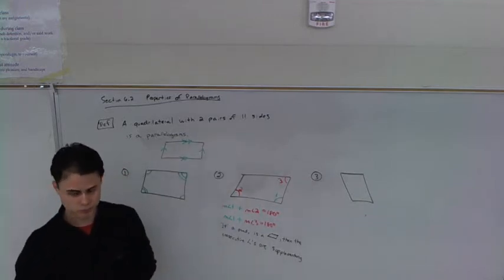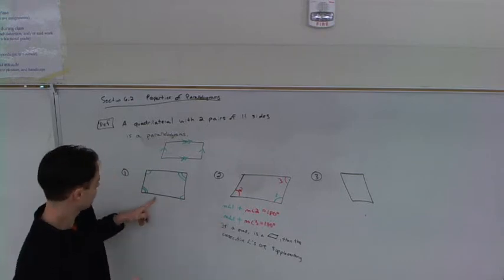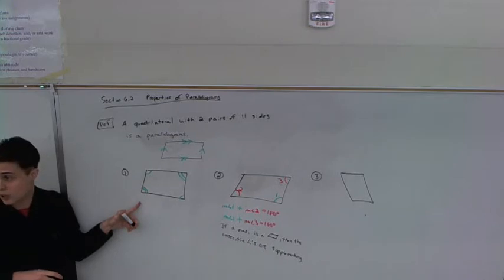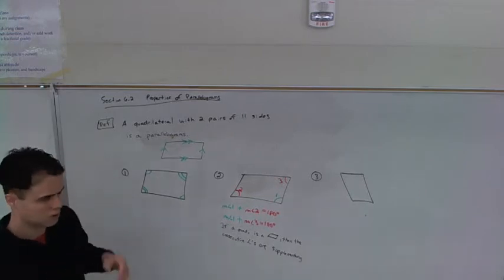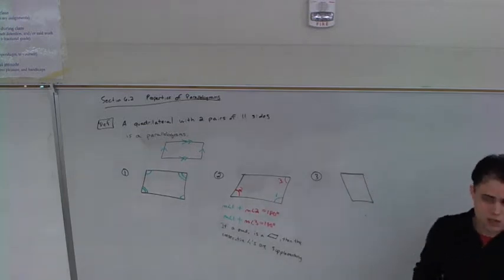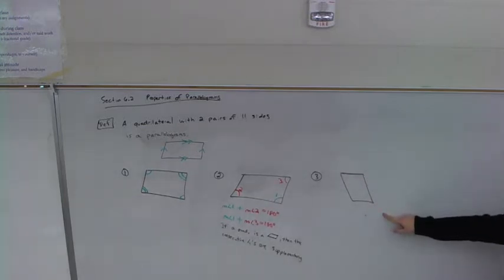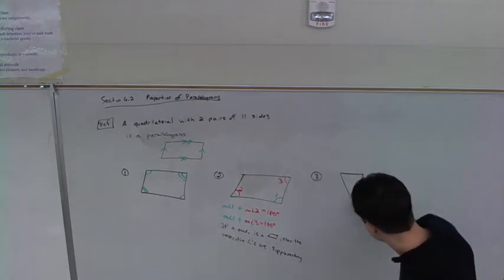And what's number 1 showing you? Number 1 says that if it's a parallelogram, then opposite angles are the same. Congruent, right? I didn't think we really need to write that. Okay. Number 3 says if it's a parallelogram, no matter what, and you get the diagonals,